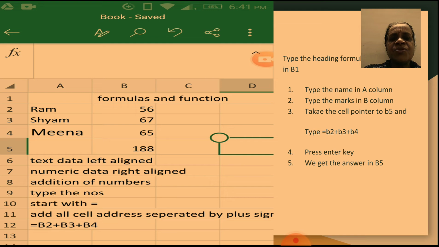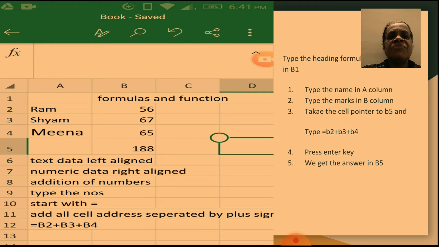Ram, Sham and Meena are the text data which we can see in the left side of the cell or the column, and 56, 67, 65 are the numbers or the marks scored by these three students, which we can see to the right of the column. So again we'll recollect, text data will be left aligned in the column and number data will be right aligned in the column. Now how do we do the totaling in B5?